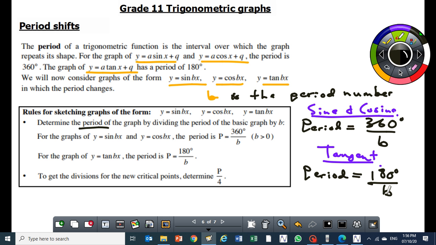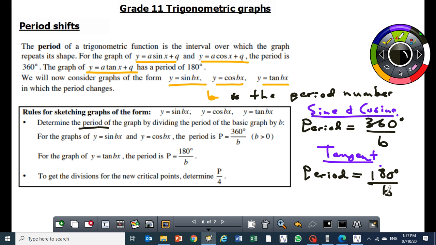So when you get a graph of tan, from now on, you must check what the value of b is, which is the coefficient of that x. If it's not 1, then you need that formula to be able to carry on if you want to sketch it. Then, once you know the period, for any of the 3 graphs,